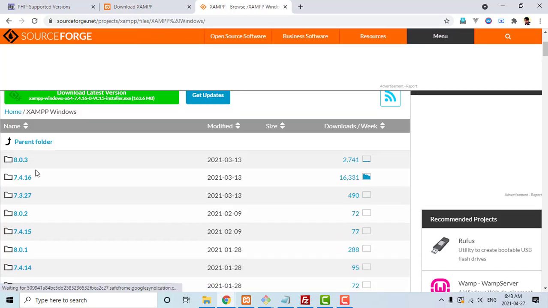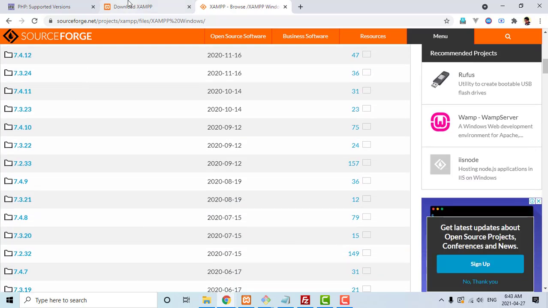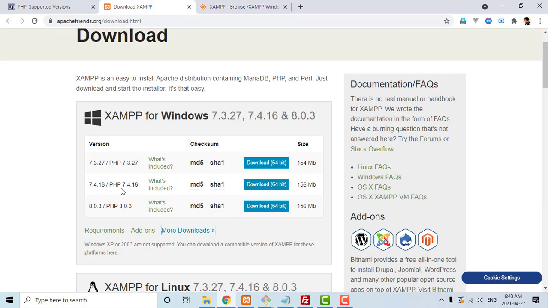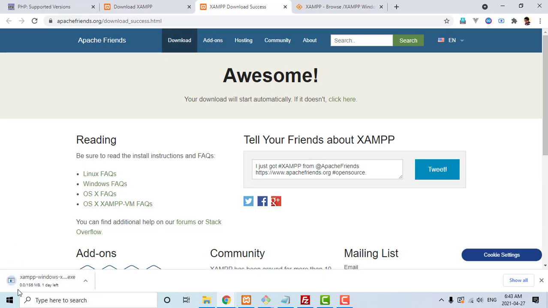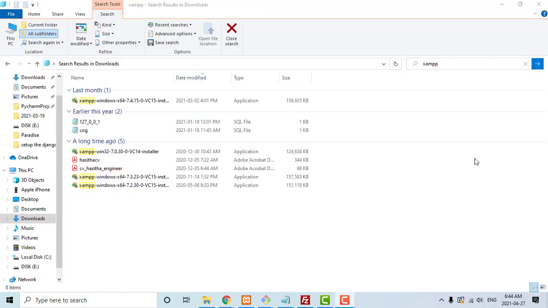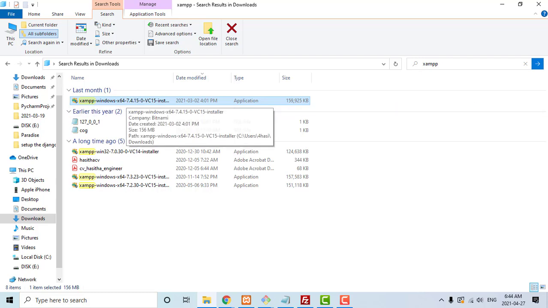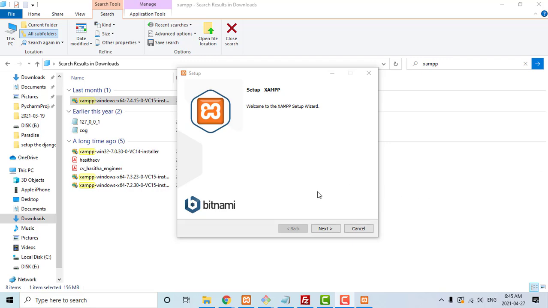After that you can download a previous version of PHP. Here I am going to download 7.4 PHP with XAMPP. It is downloading. After it is downloaded, you can open the XAMPP. Open this downloaded exe file and then go next